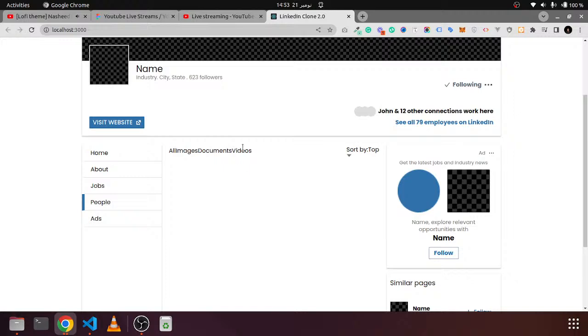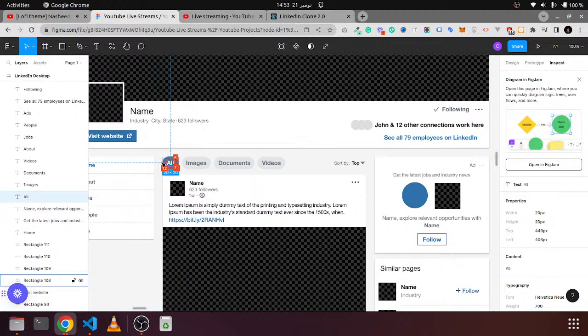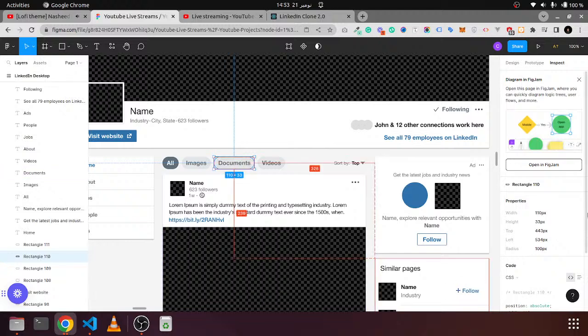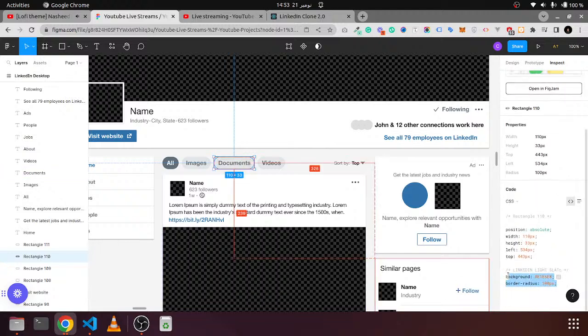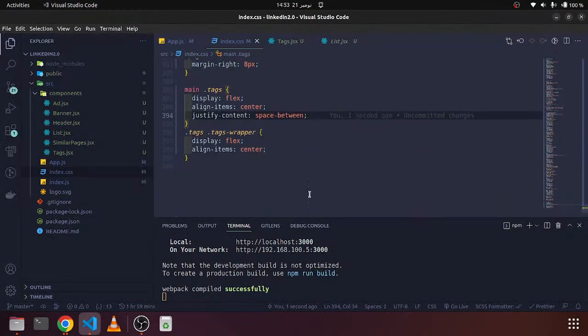Yes, and now let's style this single tag. We have padding from top and bottom 7, and from left and right we have 12 pixel. So let's select that, and we should have this one, border-radius 100 pixel, single tag, tags wrapper,